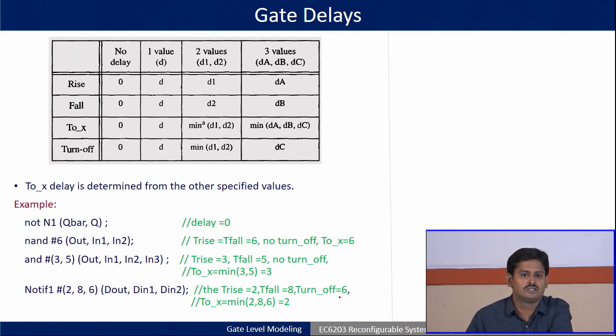Understood? So, this is how the delays are actually modeled in Verilog HDL, and the same delay concepts are also there in the continuous assignment statement. That is, in the next class when we see dataflow modeling, we will get the same type of delay, and the same table will also be used there. Like we write assign hash 2 comma 4 y equal to x or b, in that case also this table will be very helpful. Understood? So, this is gate delay.